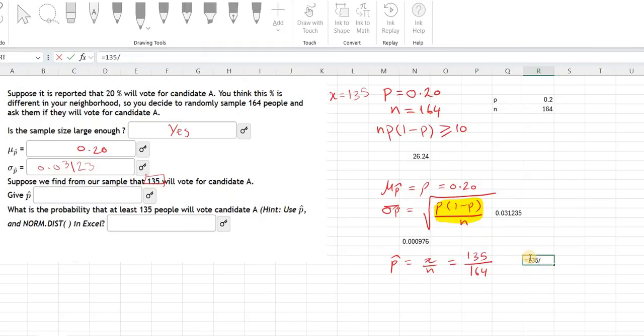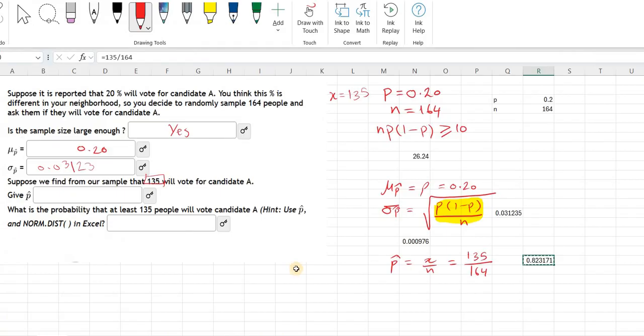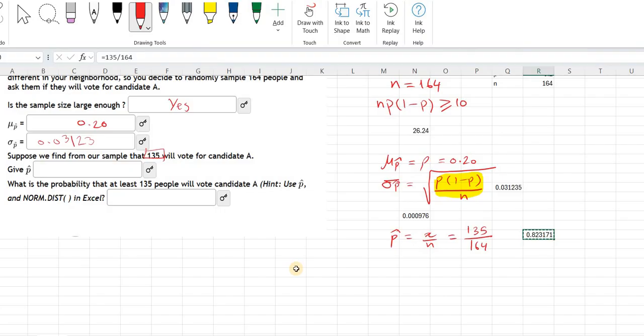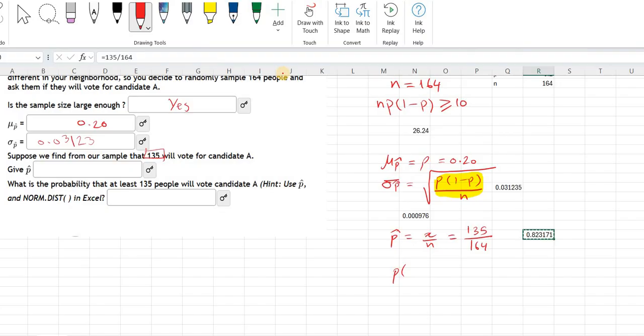equals 135 divided by 164, and this is going to be the answer. I will go ahead and paste that into my answer, and then eventually I need to answer the last part, which is what is the probability that at least 135 people will vote for candidate A. So at least 135 people voting for candidate A means the least could be 135, but it is going to be more than 5. So I need the probability that at least 135 people,